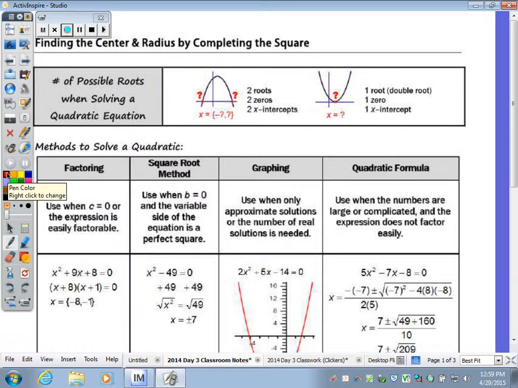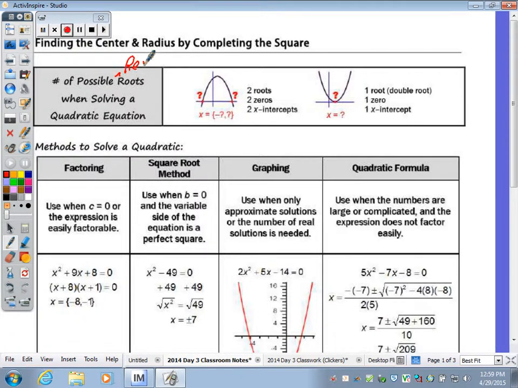All right, so today, if you look at the heading, we're going to be finding the center and radius by completing the square. But before you can do that, I need to teach you how to complete the square. So going back to quadratic equations, if you have, again, your quadratic, I'm going to add the term